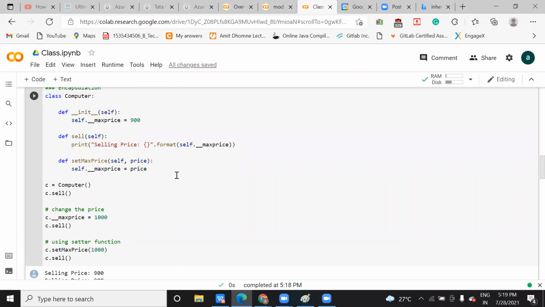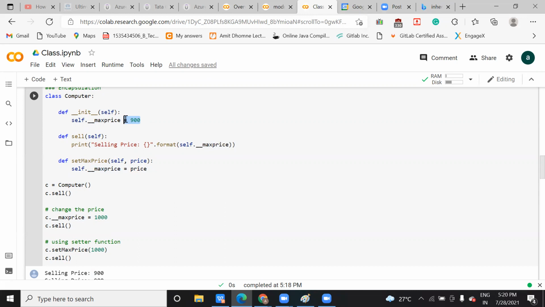Okay. I will explain this example once again. See, this is a class, and you will always have one method, the default constructor. This constructor is for the self keyword. In order to take a reference to the variable, you will always have this method in that class. With this self keyword, you are accessing this max price variable and initializing a value. Do you know why we use a constructor in Java or C++ and Python? Constructors are used to initialize a value to the object or a variable.